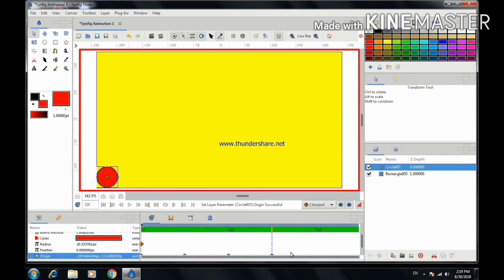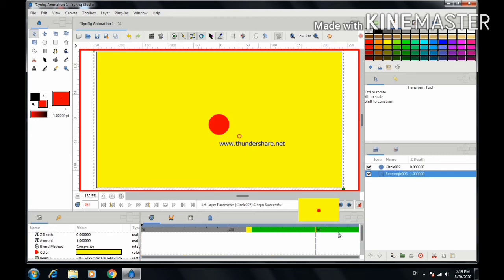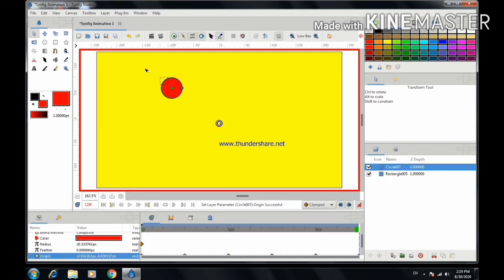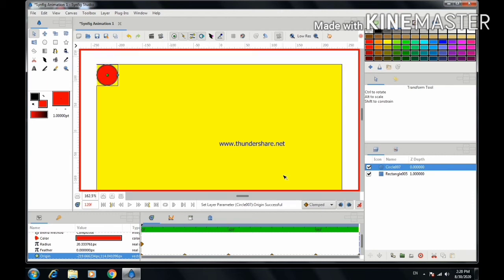On the 96th frame I am keeping this circle at the center. Okay, and finally on the 120th frame I am keeping this circle at its original place.